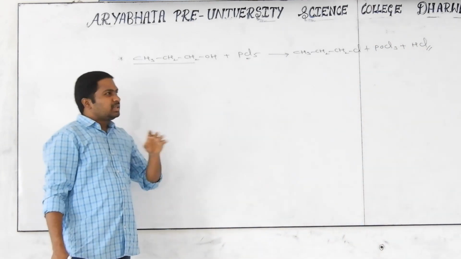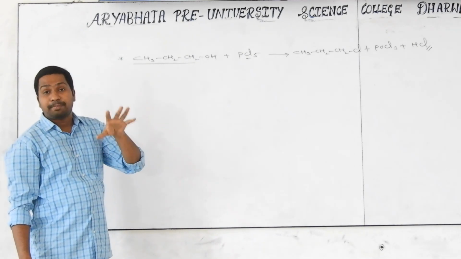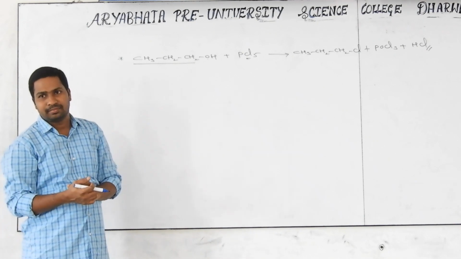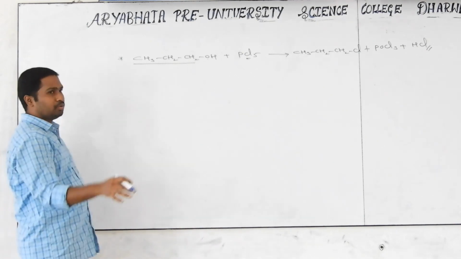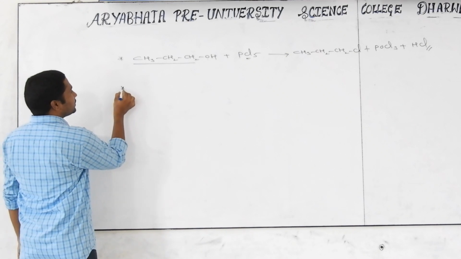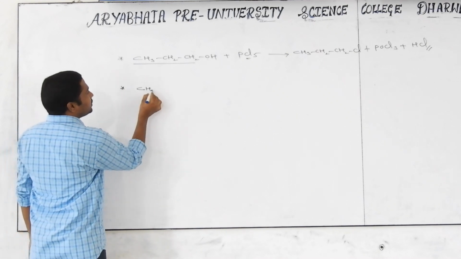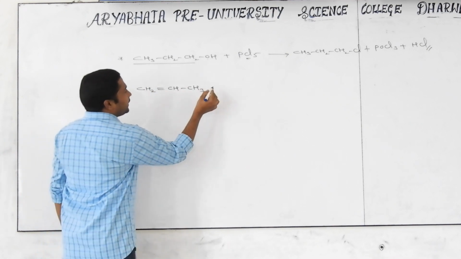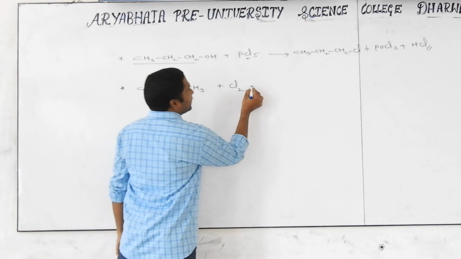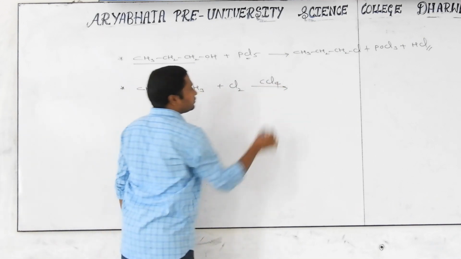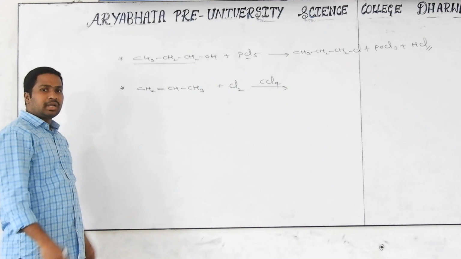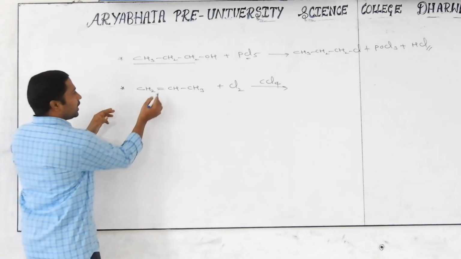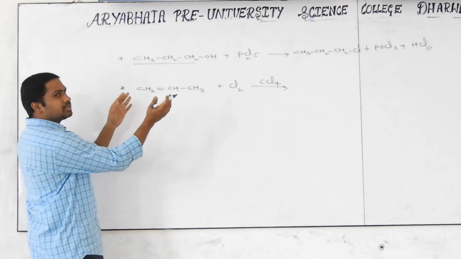In organic chemistry, balancing is not that important. Products are very important. But in inorganic chemistry, balancing is very important. You have to keep this carefully in mind. And later I want to tell you some other things. For example, CH2=CH-CH3 is involved in a reaction with chlorine in the presence of CCl4. What happened? An addition reaction will go on. It is also a preparation of alkyl halides. Yes, unsaturation is there, and unsaturated compounds are involved in the